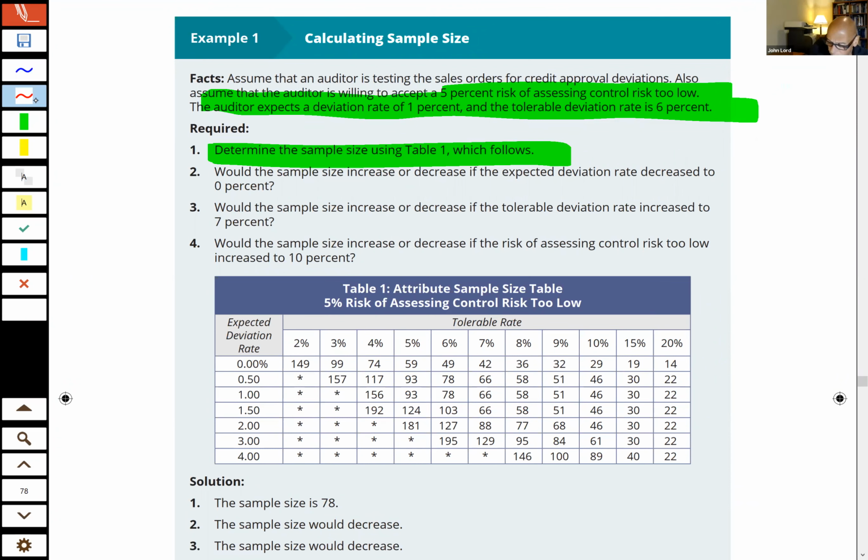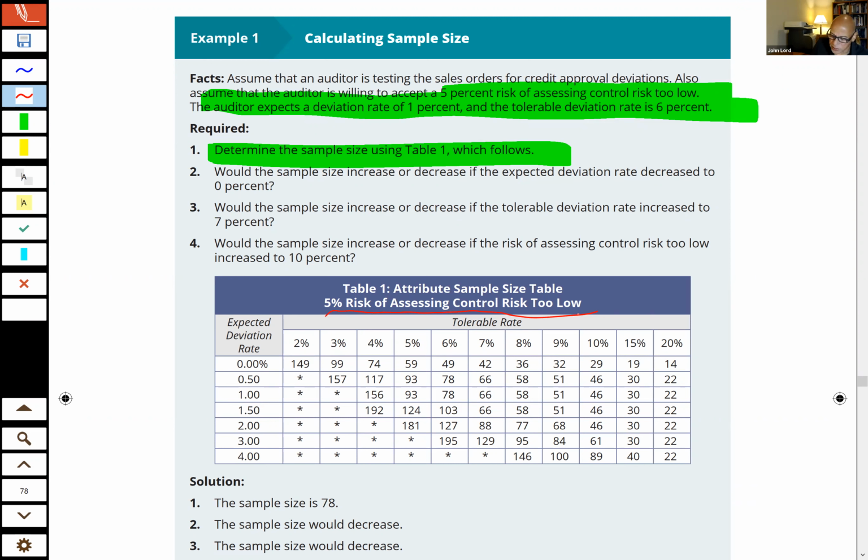And guys, I recommend that you not mark up the table the way I'm going to, because you might find this table useful to kind of play with a little bit, but if you mark it up, it kind of takes some of the fun out of it, okay? So I'm going to mark it up though. Let's take a look. And we see that we're on the 5% risk of assessing control risk too low table,